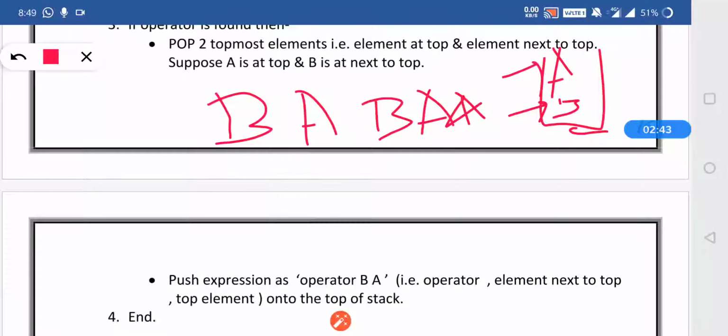After popping the operands from the stack, we have to fix the operator. Now as we are doing postfix to prefix, the operator should be before the operands. So we will place the operator before the operands, and the expression becomes star BA, which is in the format of operator, operand, operand.